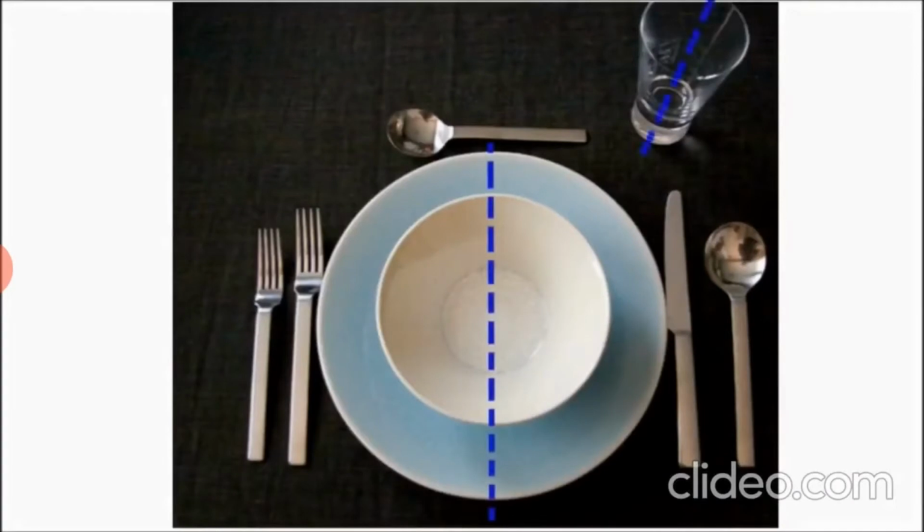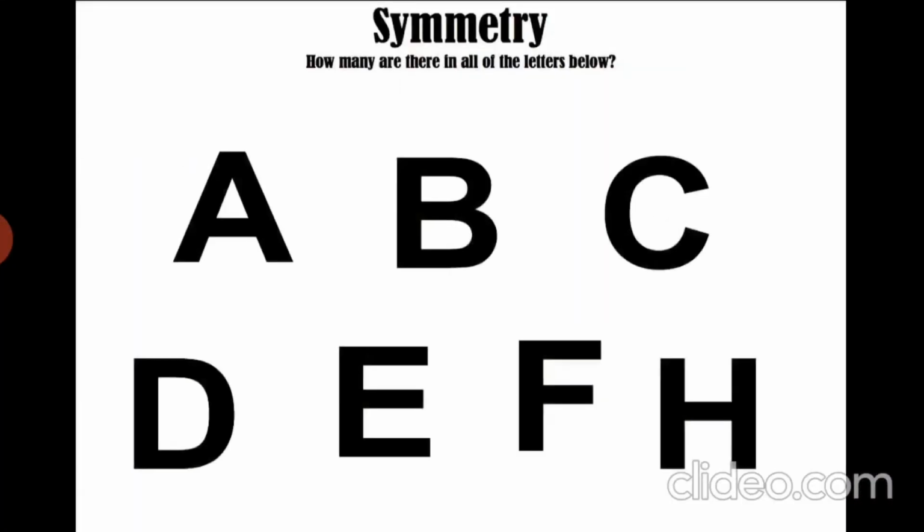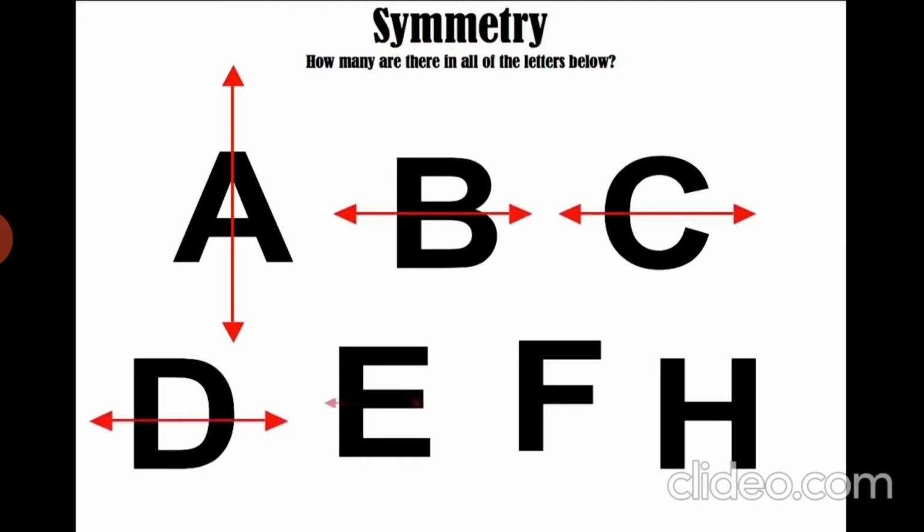What about the things we use in our daily life? They have lines of symmetry. Can you see? Yes. Look at the alphabets. What about A? Does letter A have symmetry or not? If we draw a vertical line of symmetry in the alphabet A, it has symmetry. What about B? If a horizontal line of symmetry is drawn, we will get a symmetrical shape, right? What about C? Here also, if we draw the horizontal line, we will get the line of symmetry.